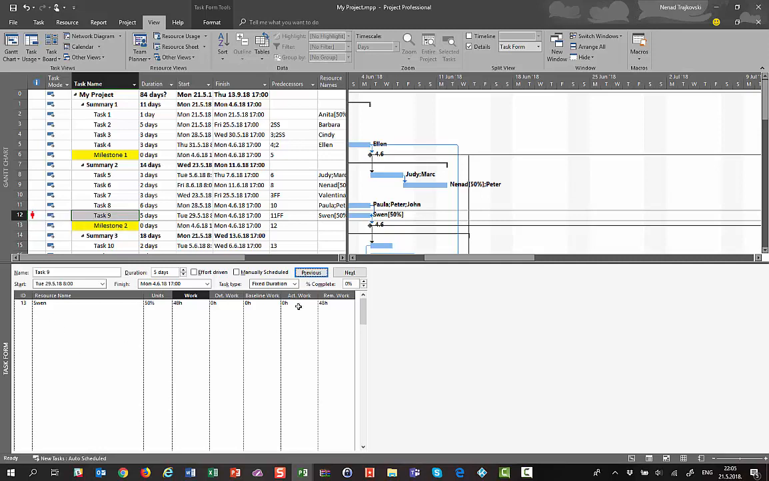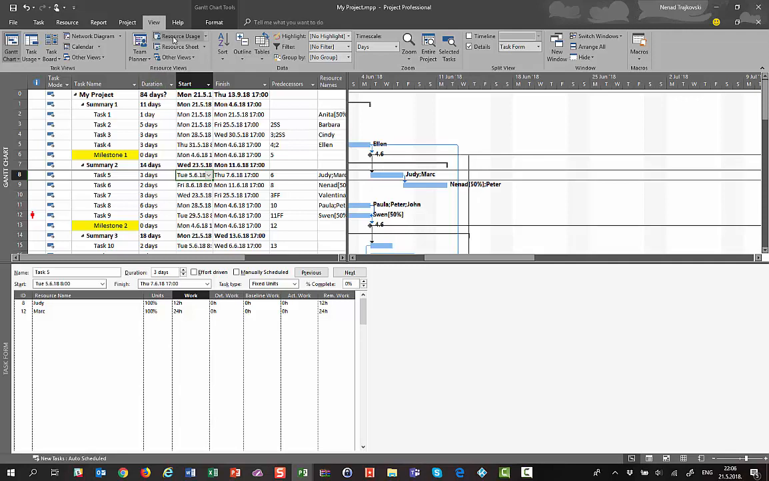Now something seems wrong here. How can it be that Sven is assigned with 50% units and he is supposed to work 5 days at 50% per day, but the work is 48 hours? Because 5 days multiplied by 8 hours means 40 hours, multiplied by 50% should produce 20 hours, but it doesn't. Let's say that I'm going to say